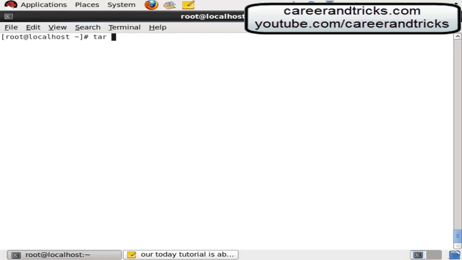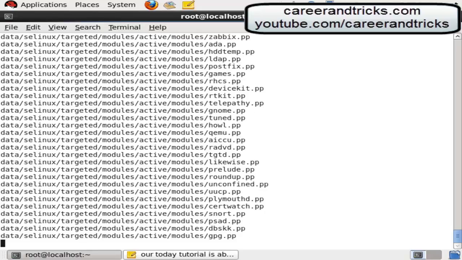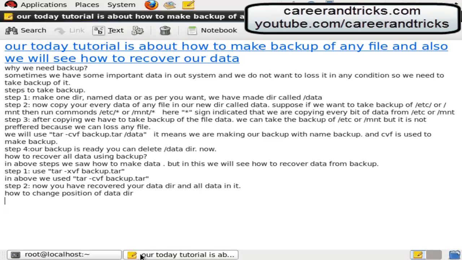Here tar -xvf backup.tar -C with a capital C, because Linux is case sensitive, so you don't have to change it. So our data is recovered and we have also changed the position.